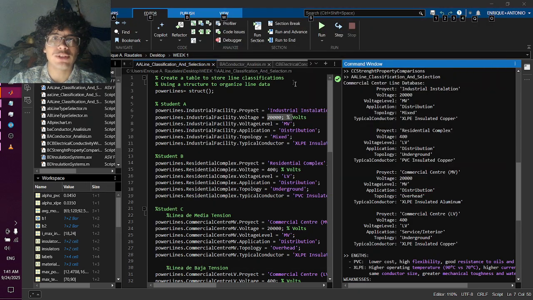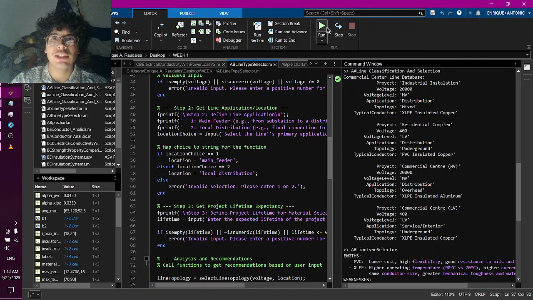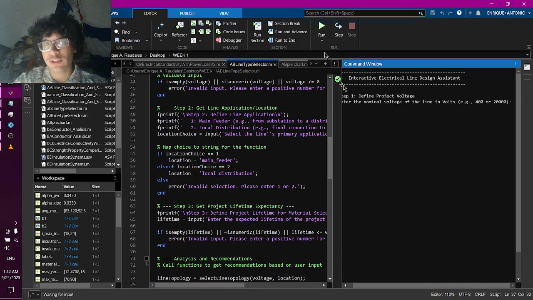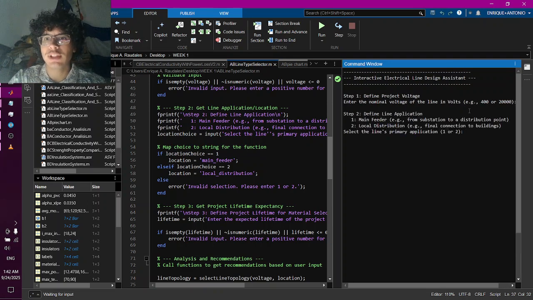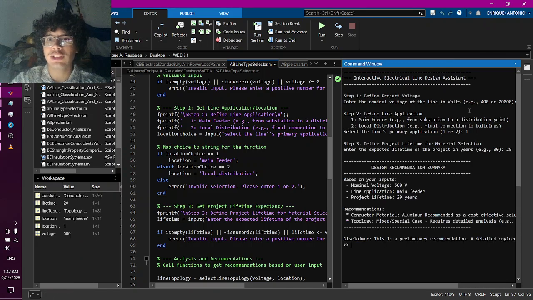After this, we have also made this program to help us select how we should install the different lines, so we can tell it what voltage the installation is going to run at. So if we tell it that it's going to be at 500 volts, and we say that it will be applied as a main feeder line, so we put 1, and we say that we want it to last for 20 years, it will tell us that